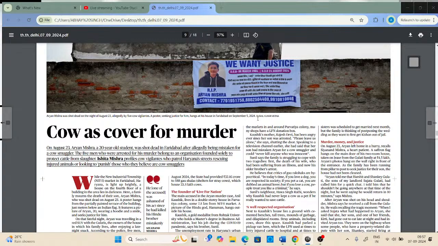He was ashamed of his act, since he had killed his Hindu brother mistakenly. So this was one of the statements given by the father of this child, R.N. Mishra. And also, the people who have shot dead this particular boy, R.N. Mishra,